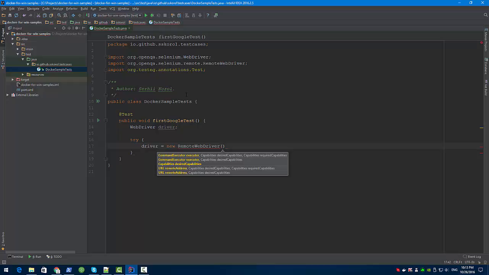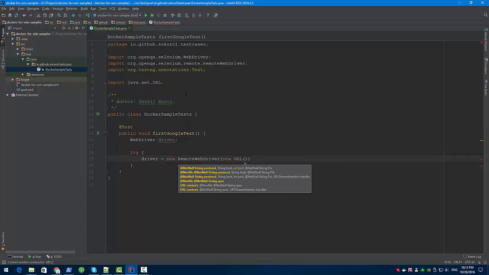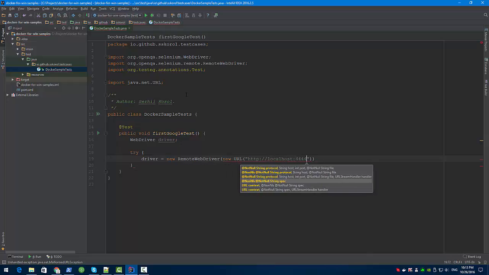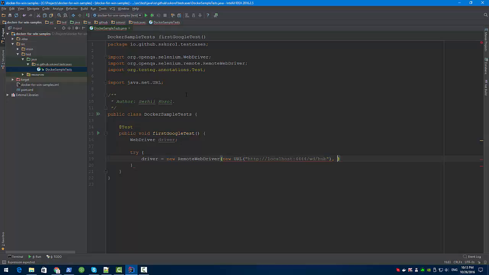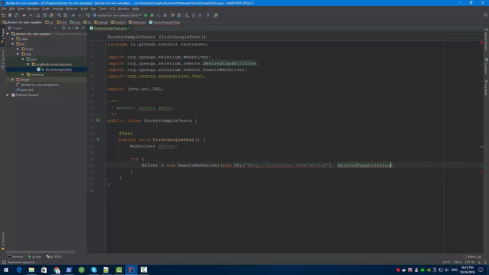As the first argument, I need to pass a new URL, and the default URL is http localhost port 4444 and wd hub, right? And as a second argument, I need to pass desired capabilities, and let's say we're gonna use Chrome. Okay, and